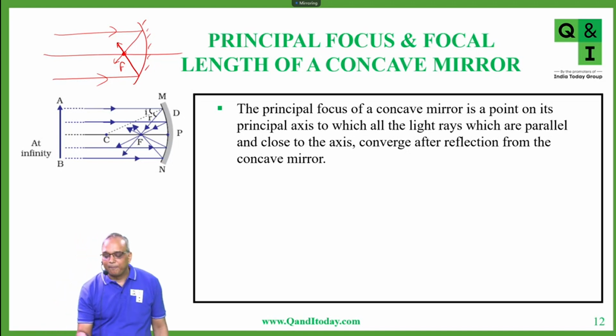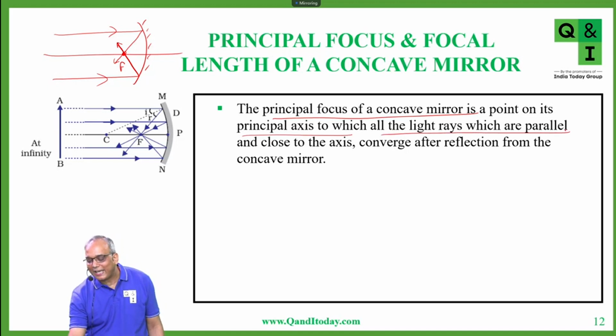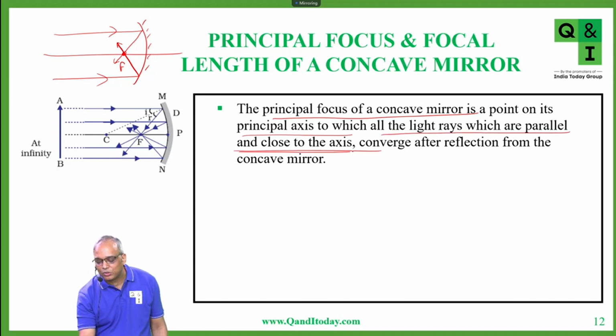I'll read the definition again for you so that you understand it well. The principal focus of a concave mirror is a point on its principal axis to which all light rays which are parallel and close to the axis